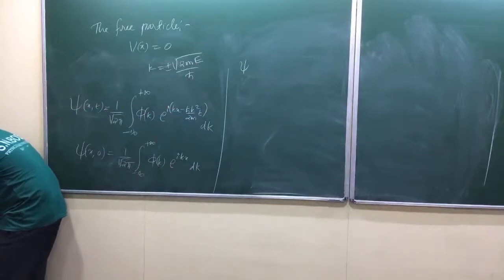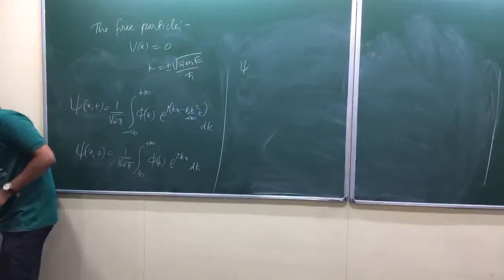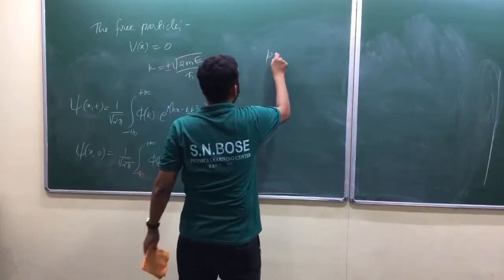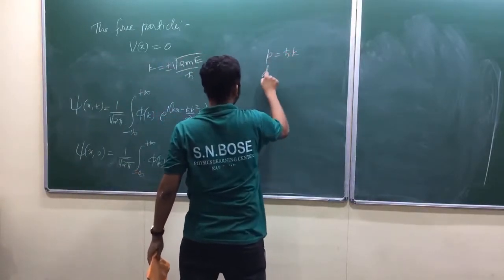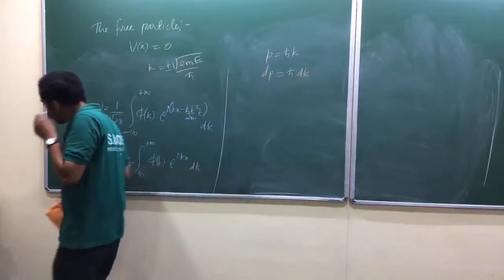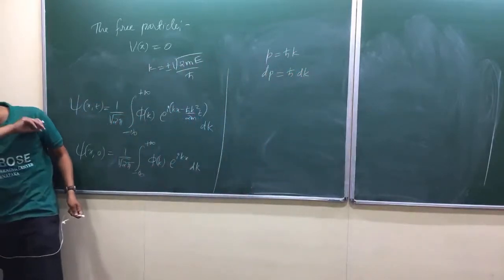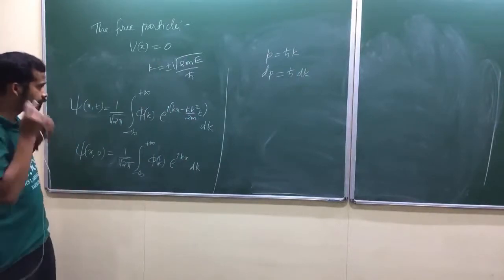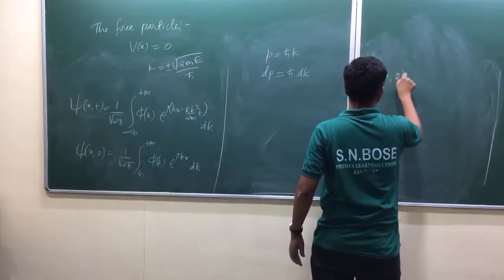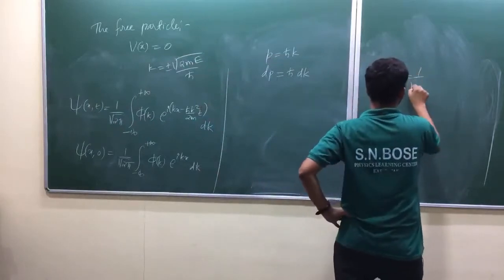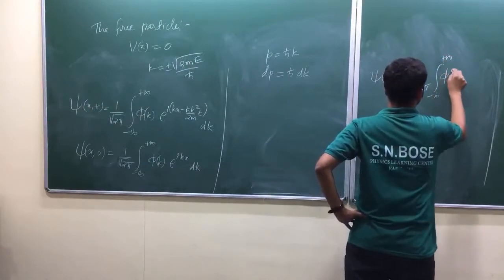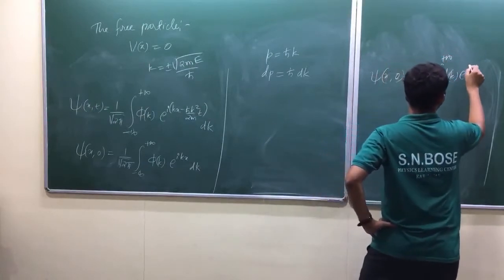Wait a second. You can write the same thing. P is equal to h bar k. Am I right? dP is equal to h bar dk. One way of writing this one is this one. What is this one? 1 by root 2 pi, phi of k into e power